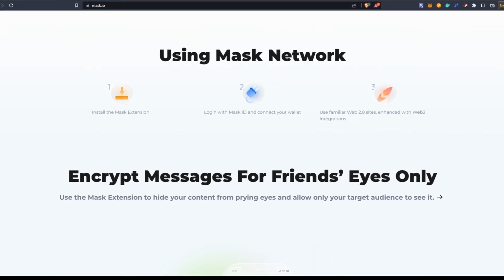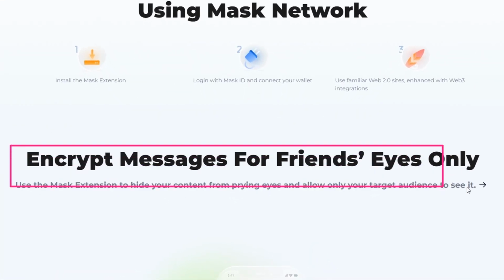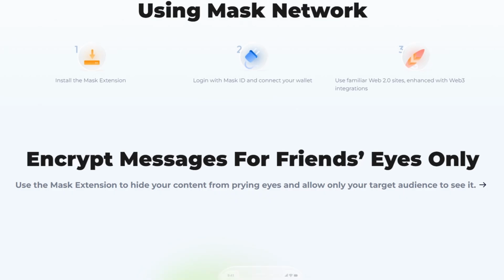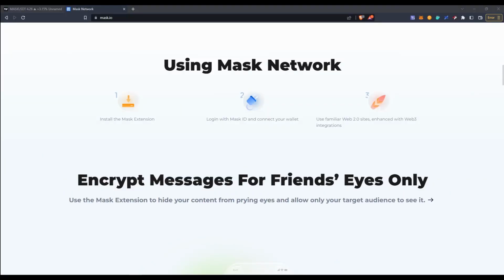An important thing when it comes to privacy is that the messages might be for the friend's eyes only, so they are going to be encrypted, so that's very, very important. Well, so trying to make the connection between traditional social media and make them compatible with the decentralized social media world. That's the key feature here.